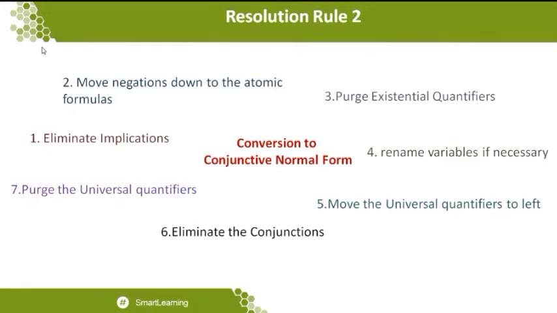So the conjunction symbol to be eliminated is a primary step when you are constructing the conjunctive normal form. And the last one is that you want to purge the universal quantifier. You can understand very clearly that when you are converting to the conjunctive normal form, only three kinds of symbols are taken into consideration: one is implication, second is disjunction, and third is conjunction. These symbols are applicable for the CNF. But even if there is no dependability in a statement, we break the statement with rule number 6, which we call eliminate the conjunction.